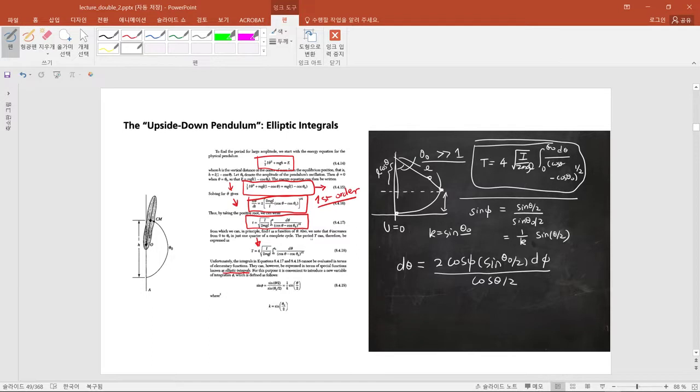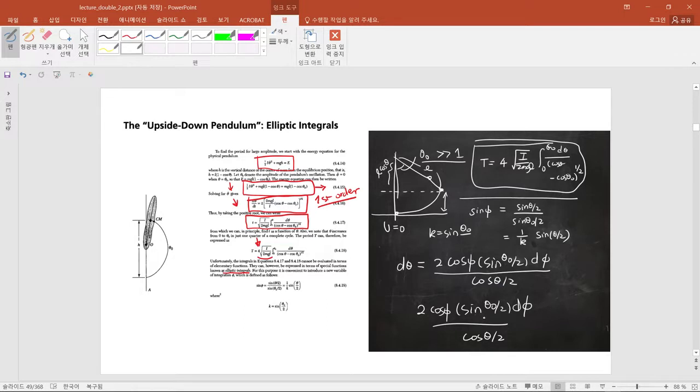So just put this in here, and it gives you this. Let's just write this down. This one is 4 times this one, and the integrand gives you what? d theta, which is 2 cosine phi sine theta 0 over 2 d phi over cosine theta over 2, times